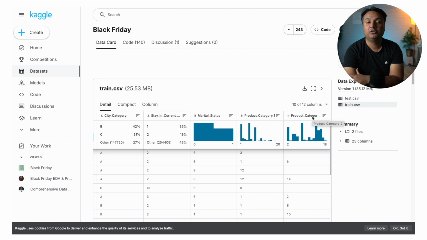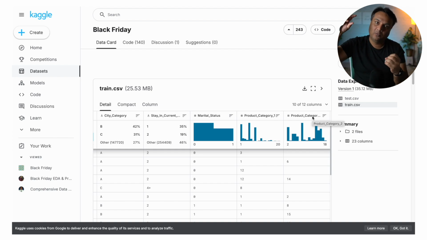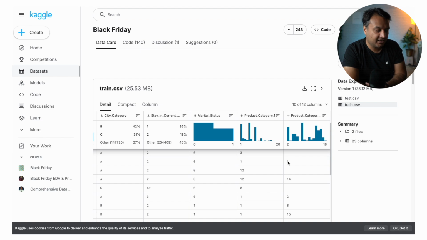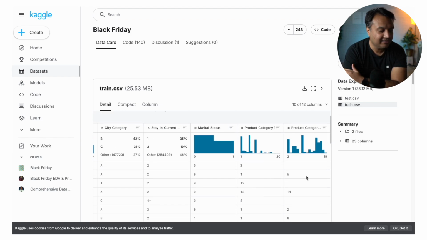Some examples of this could be, for example, sports clothing. So now, does it go into the sports section or does it go into the clothing section? That's why there is a category 1 and category 2 both true. As you can see, for example, this row has category 1 as well as category 6. But this is the main category. Category 1 is the main category, category 6 is the secondary category. And category 1 is filled for all the products. Category 2, not so much.